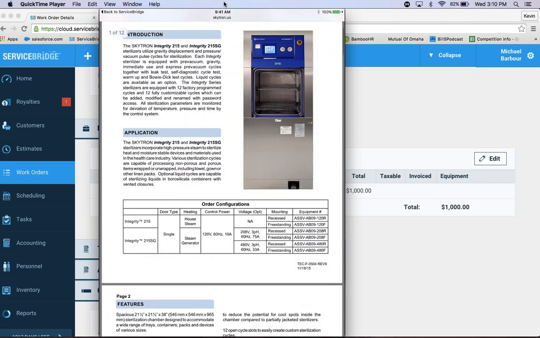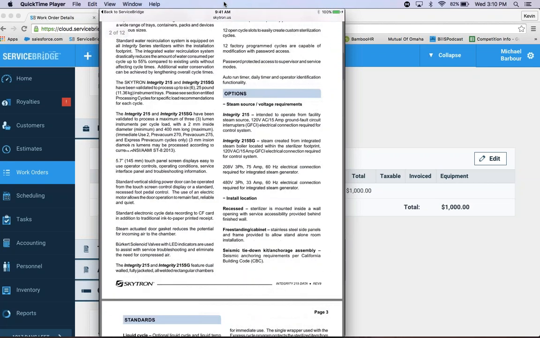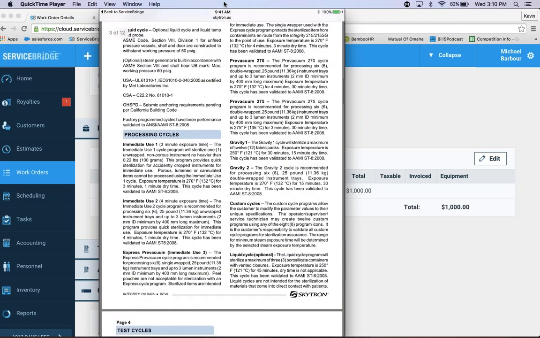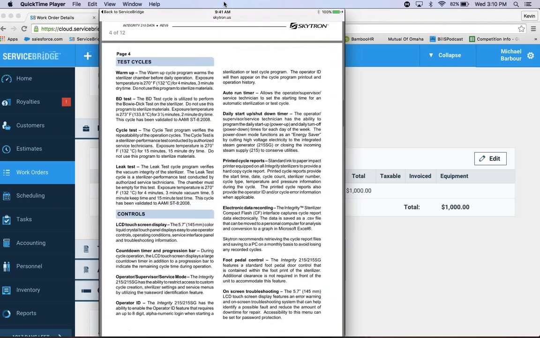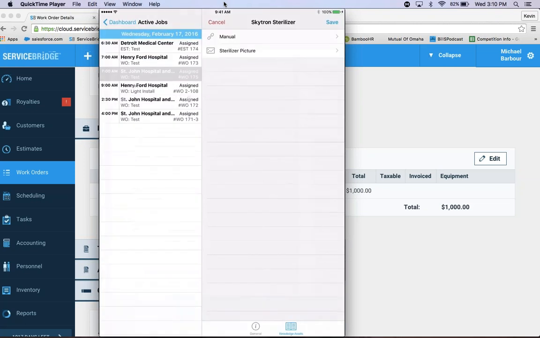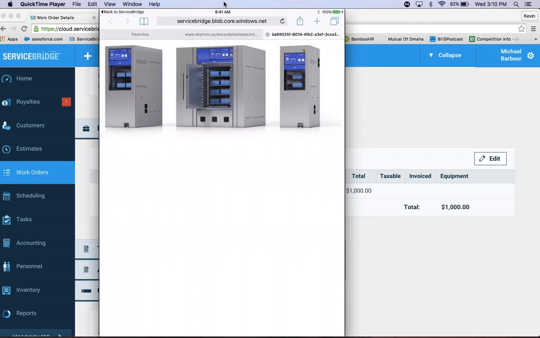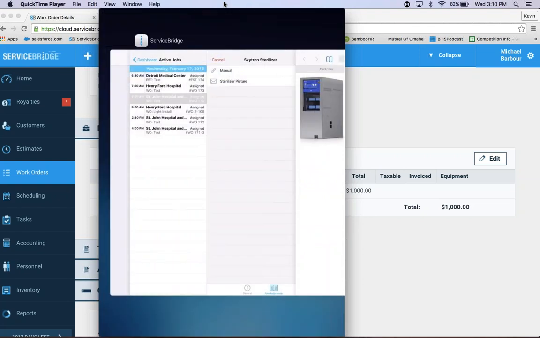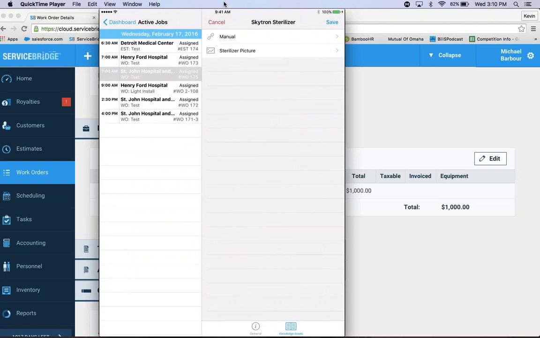So really easy for the tech to just click on this manual, go through it, and see if the question he has is easy to identify in here. And then if he just needs to see a picture of, again, what it looks like, they can select it as well. Cool, really easy to do. Obviously, it's pretty simple, but